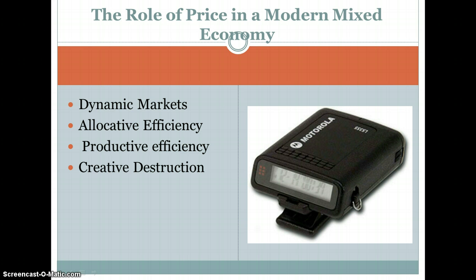Again, pagers are just one of them. Typewriters. No one writes on a typewriter anymore, maybe a few people, but not many, because we use computers. The pencil took away the feather and ink. You put the ink in a little cup, like Benjamin Franklin would have written. The pencil basically creatively destroyed that. That's another example of creative destruction.